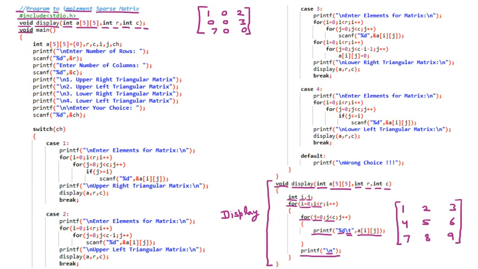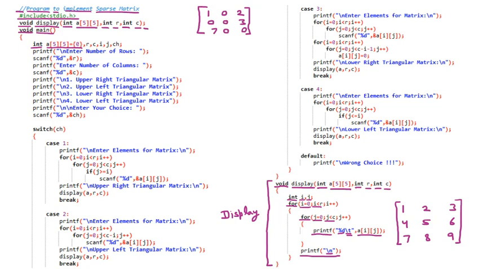Void main. So this is the main function or the driving function. Afterward we have int a[5][5] equal to 0. This means we have an array a[5][5] whose elements we have all assumed to be 0.